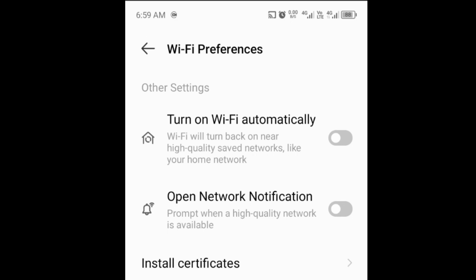Anytime a hotspot is turned on in your location, which you have connected to previously, it will not get connected